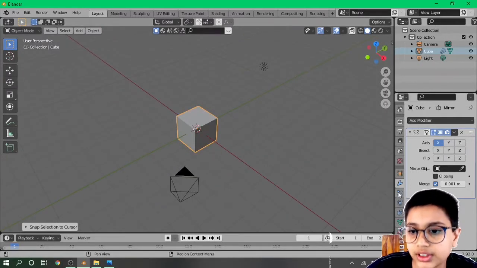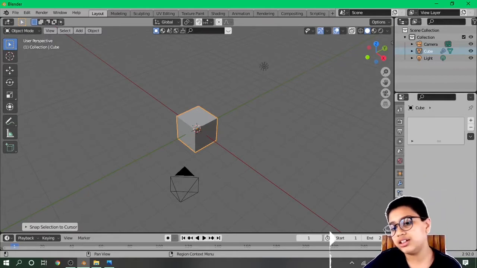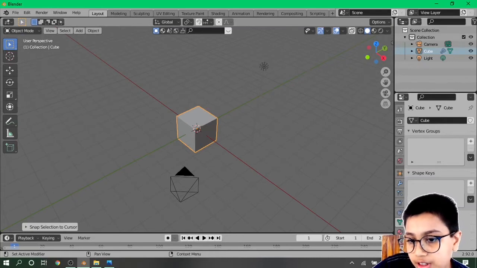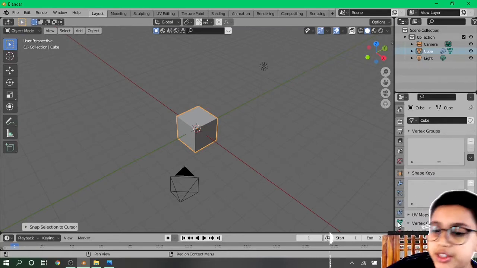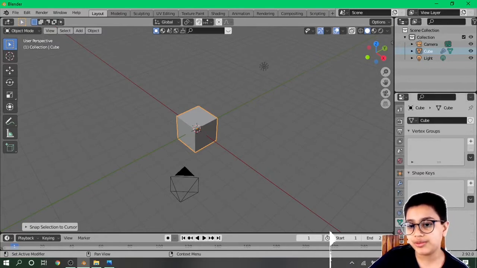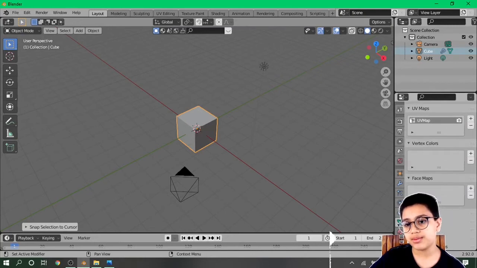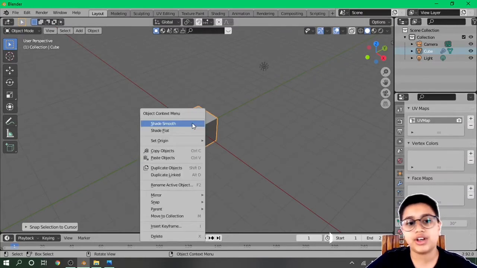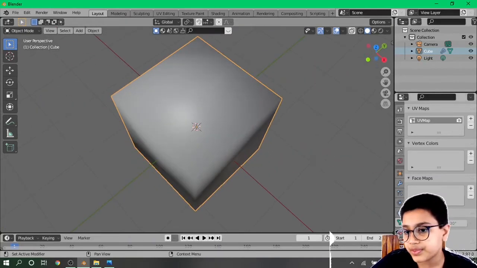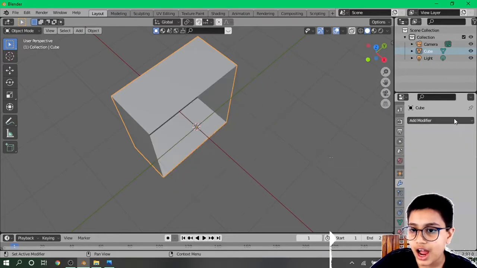Then there is the particle system. I'm not going to explain that. Then I'm going to explain the object data. Here you can add vertex group, shape keys, UV maps, vertex colors, face maps. Now in the normals, if you right click and shade smooth, you can see this weird shading. So if you enable auto smooth and add a